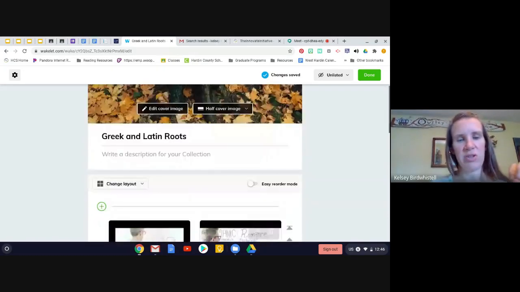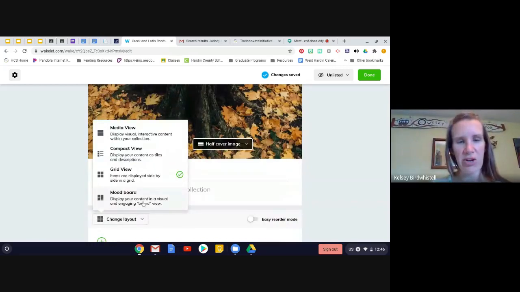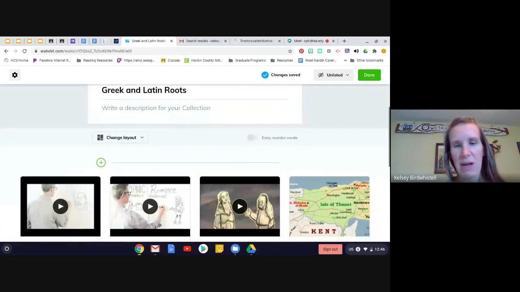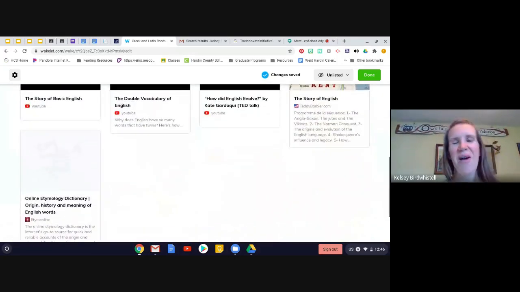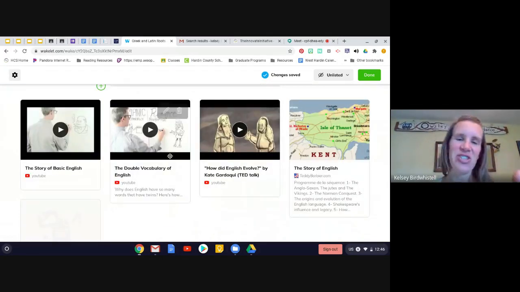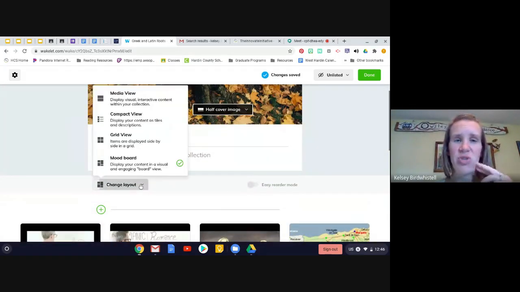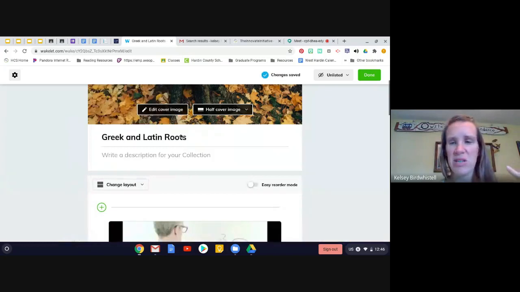And you can also get super contemporary and create a mood board. Whoa, look out, world. Okay, all mine are the same size basically. But you kind of get the idea, like it just kind of starts to put things in a different order, presents it in a different way. And again, that can be something that you choose, or a student might choose to present things in a different way, just depends.